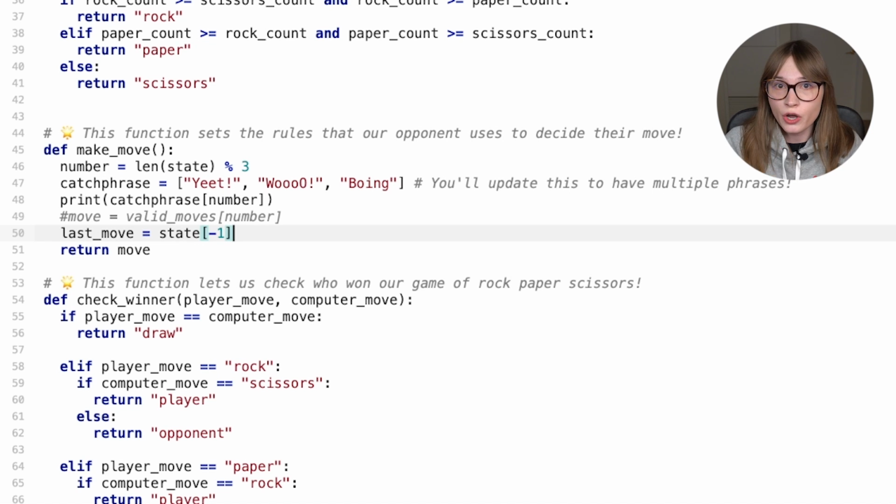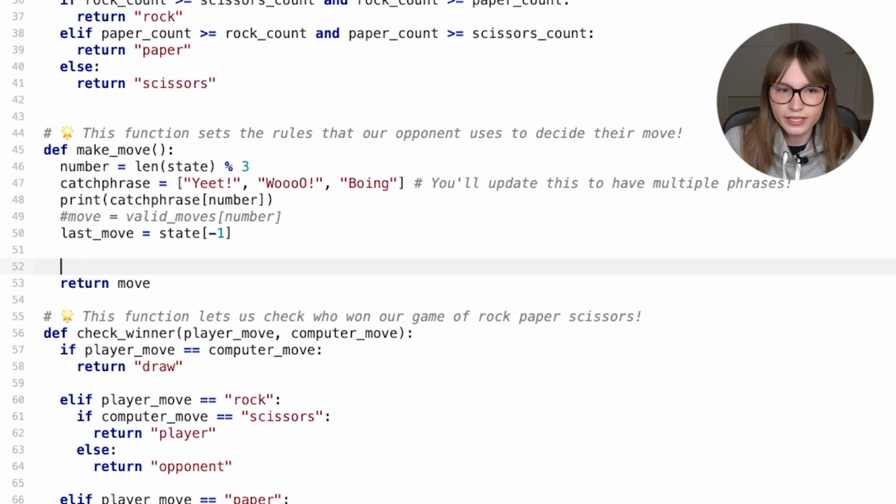Finally, I think we should go and add an if statement. This if statement will decide what move to make based on the move used before. So let's have a go at writing an if statement. We're going to say if last_move, so the last move that was used, is equal. Now, in programming, you use two equals to mean equal. It's a little bit different to math.